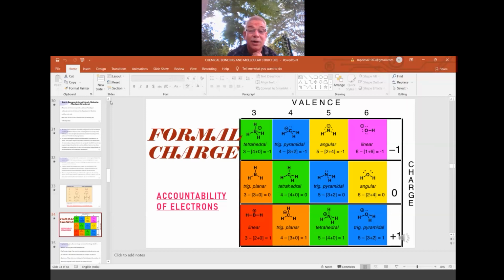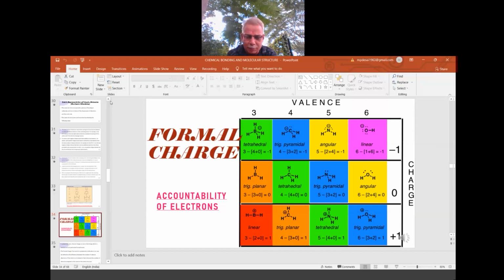So here, what is formal charge? It is the charge created when two atoms combine and go for a covalent bond. That charge is called the real charge or the formal charge, the official charge of that group or atom. Formal charge is nothing but accountability of electrons. Why accountability? We have to account whether the particular atom has lost, gained or shared, since we don't know exactly what happened.